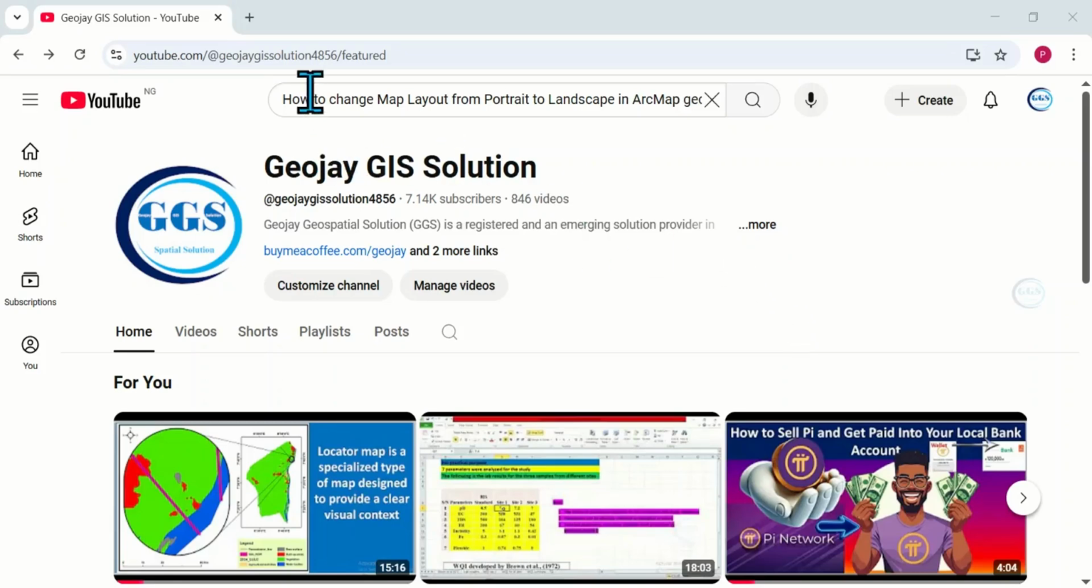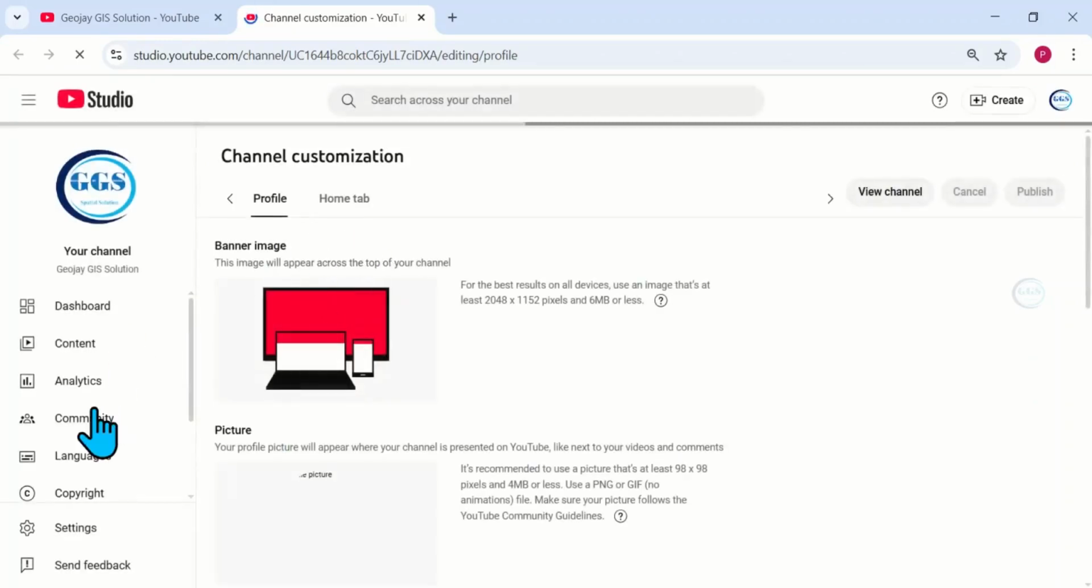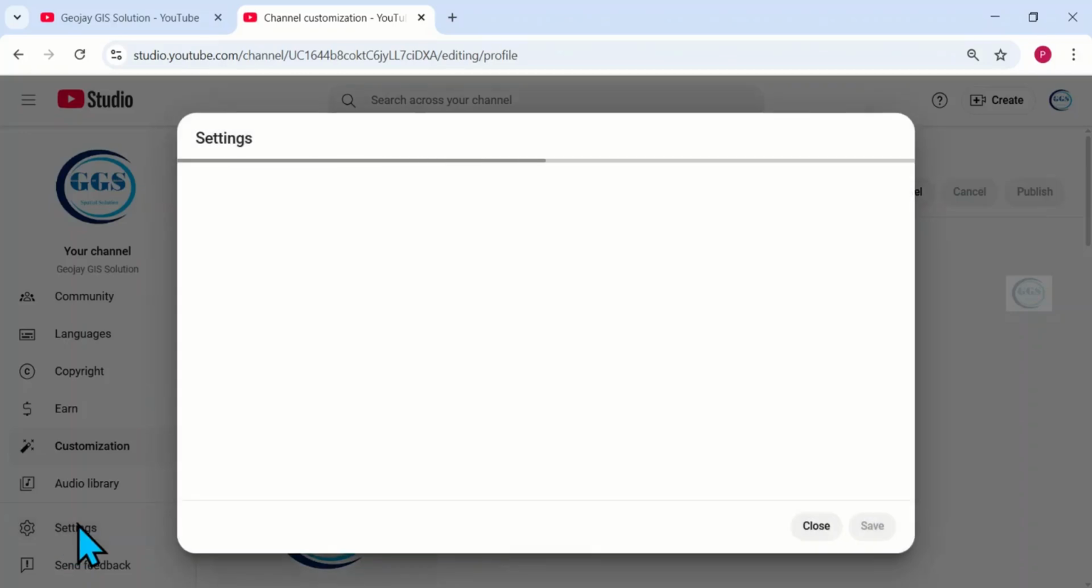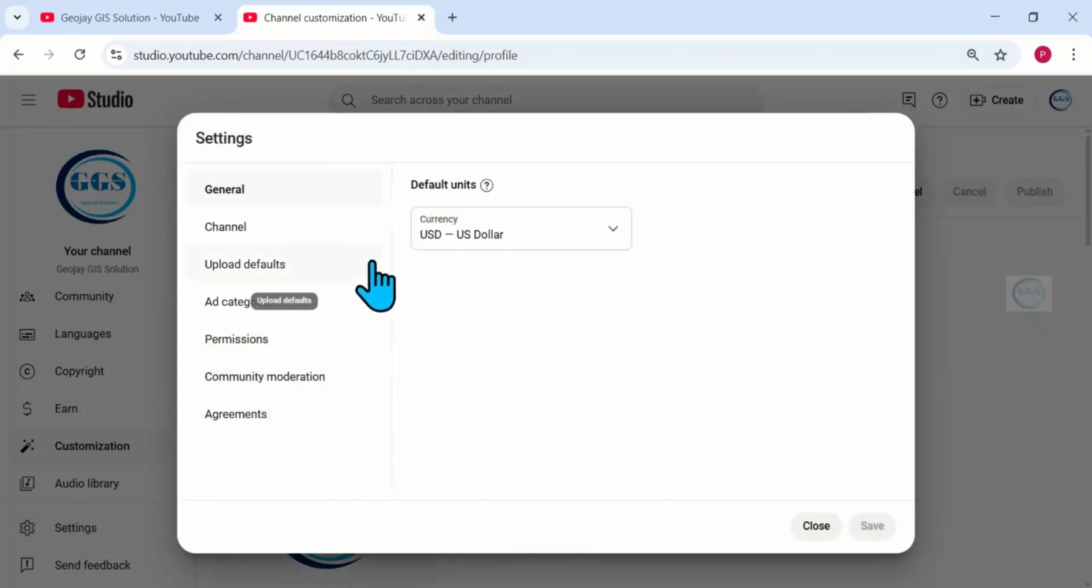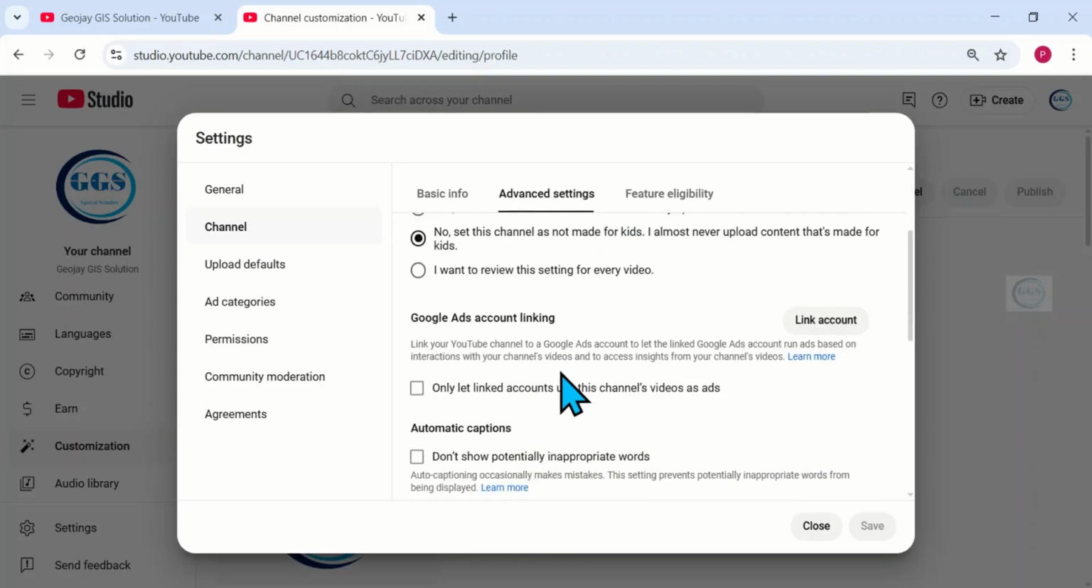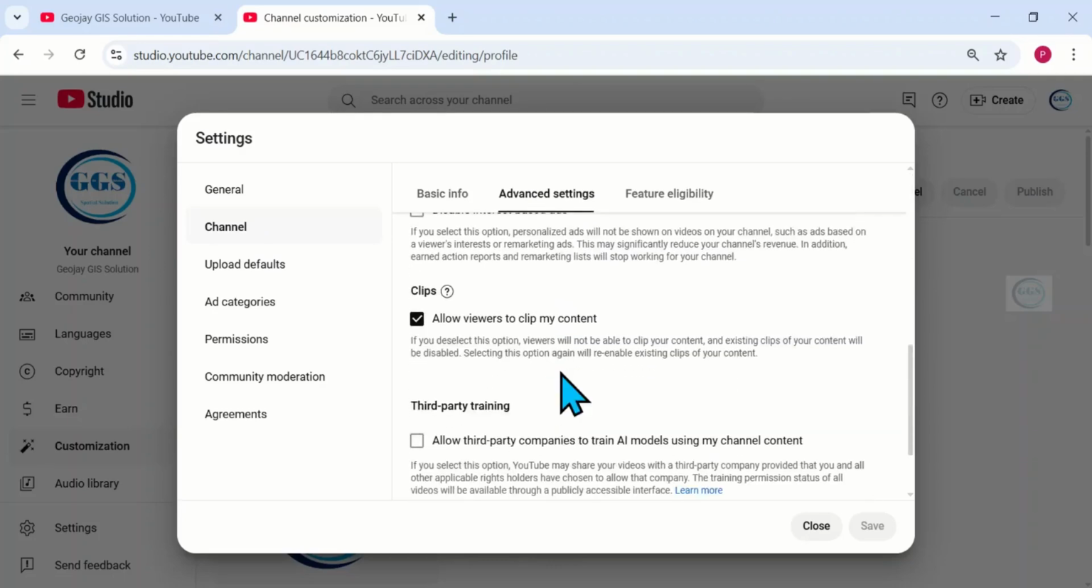So just go to your YouTube channel and click on Customize Channel. This will take us to YouTube Creator Studio. So when it opens like this, scroll down and come to Settings. This is it, come to Settings. This will open the settings page. Then come to the second option called Channel. Click on Channel. Then when it's open, come to Advanced Settings. Click on it. Then scroll down. Scroll down and come to